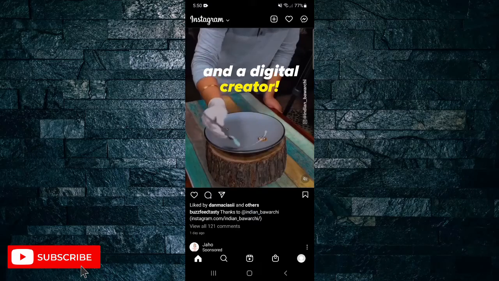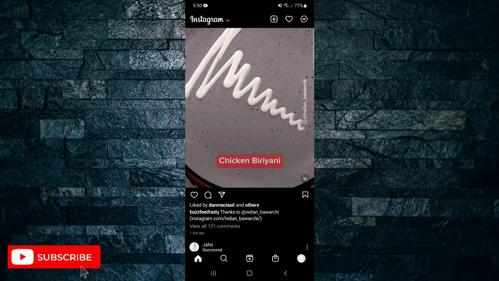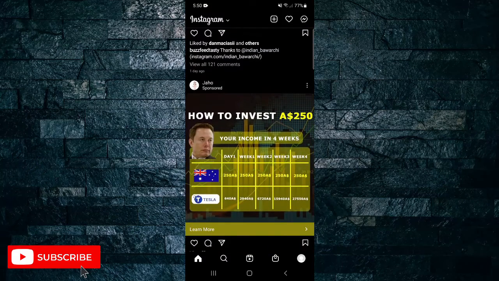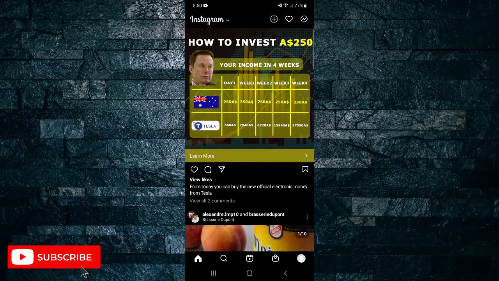How to set up full screen viewing on Instagram. In this short video, I'm going to show you how you can show Instagram posts on the home screen as